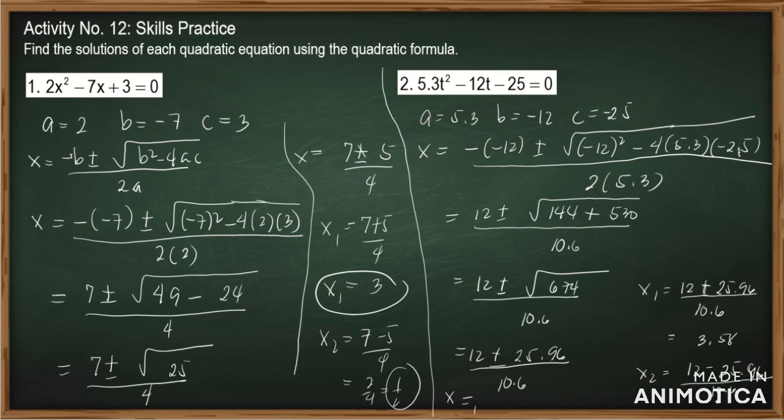So we have 12 minus 25.96 is equal to, then we divide it by 10.6. Then we have negative 1.31. Negative 1.31. That is now our second value of x. Okay, so